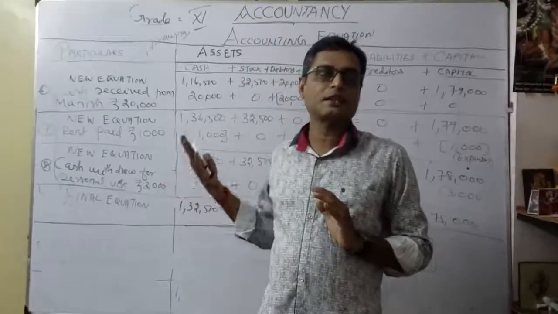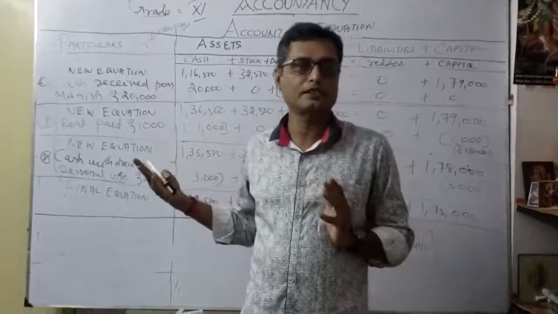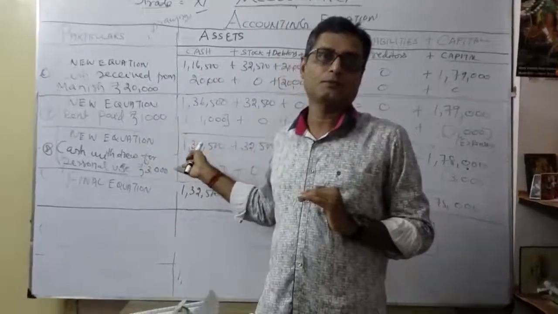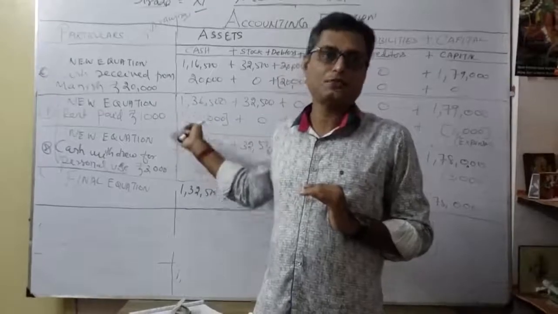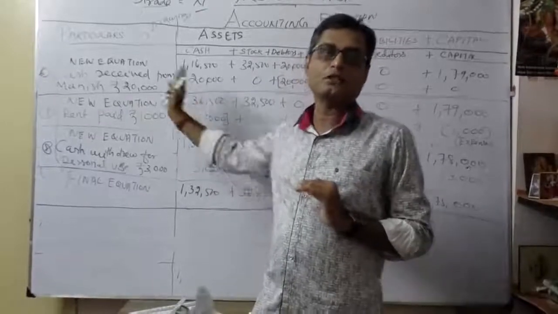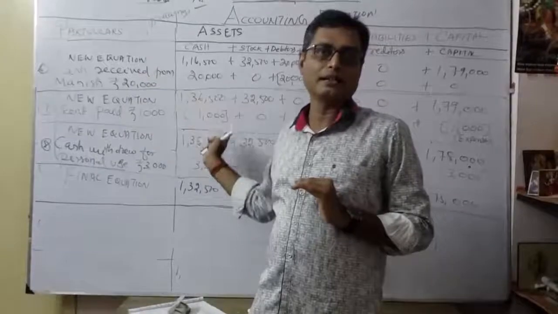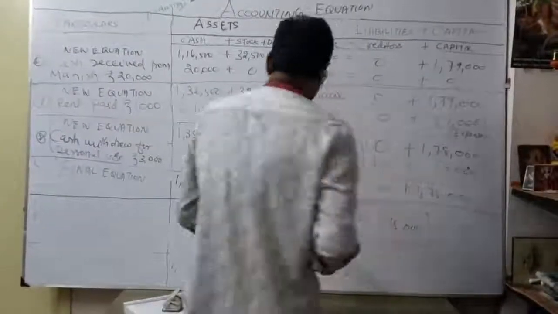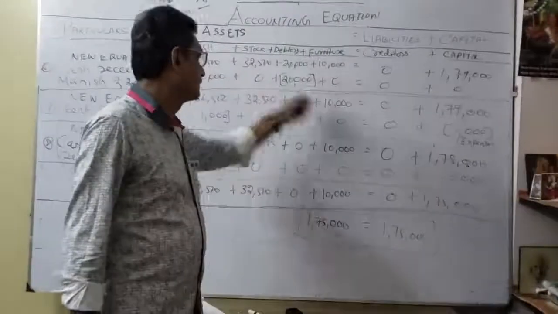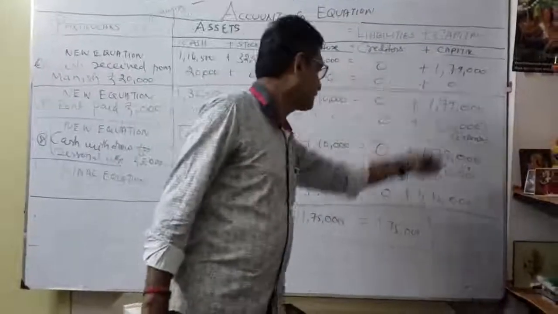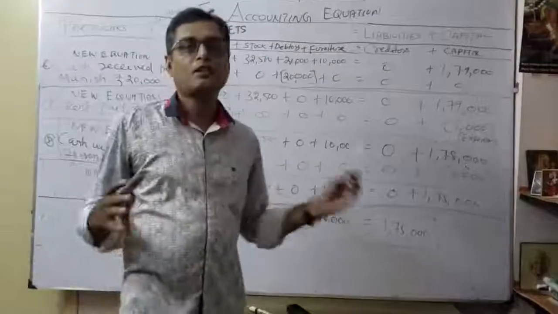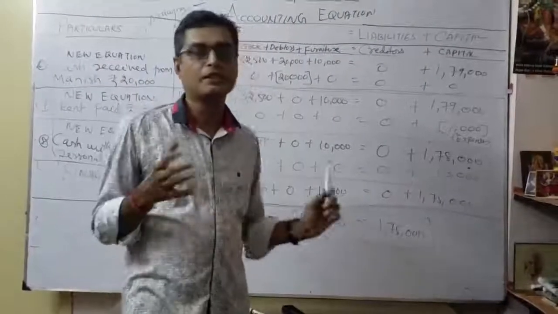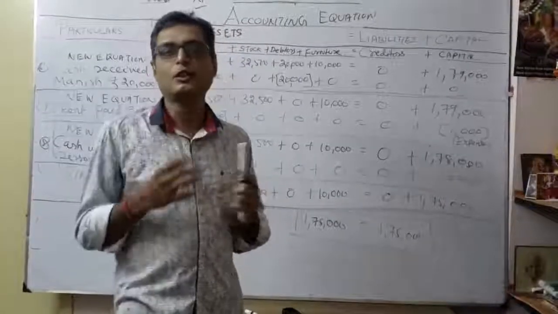What we discussed in chapter 1 and chapter 2 was accounting theory, based on different concepts. This comes under what concept? The dual aspect concept, correct? That's why both sides should be equal. In the accounting equation, there is no balance, it should always be equal. So this side and this side are equal. That's why 1,75,000 is my assets total, and my liabilities plus capital is also 1,75,000. If it is wrong, our sum has a problem. Okay, it is not correct. If both sides have different figures, somewhere you made a mistake. So you should be very careful.